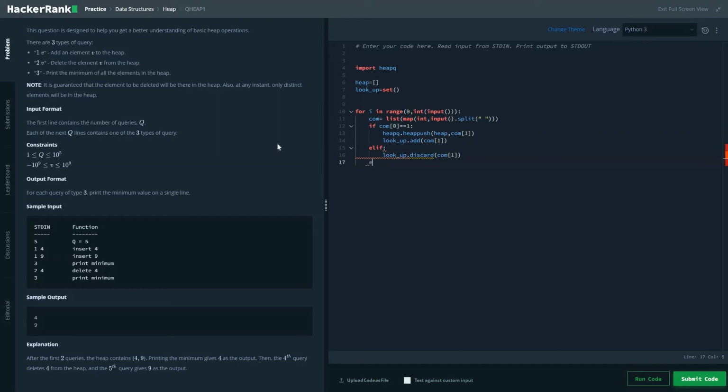And at last the else statement. Oops, I forgot to write the statement command 0 equal to 2, and else. So here we will be checking whether the current value that we need to pop out is present in the lookup set or not.